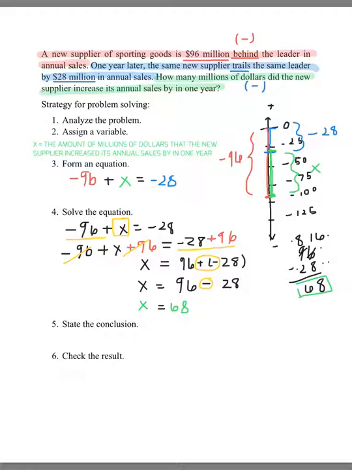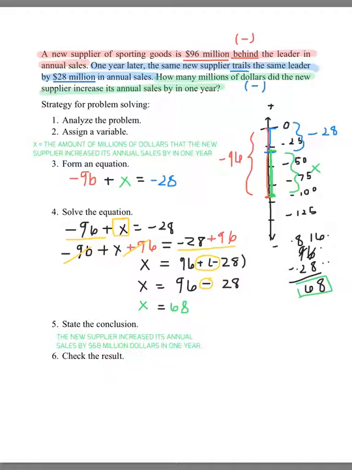So now that we have the value of x, let us go ahead and state our conclusion clearly. Since the question was how many millions of dollars did the new supplier increase its annual sales by in 1 year, we're going to go ahead and state our conclusion as: the new supplier increased its annual sales by $68 million in 1 year. Again, it's simply the question reworded in the form of a statement. So now let us go ahead and move on to the final step in our strategy for problem solving, which